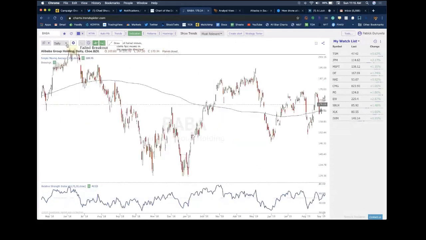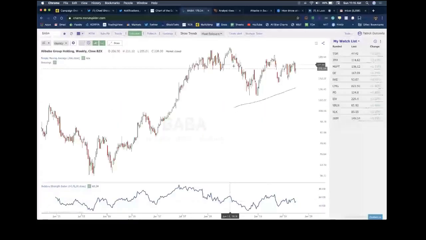And even if we zoom out into the weekly, this was that failed breakout, and it really has just chopped around ever since. Another example,